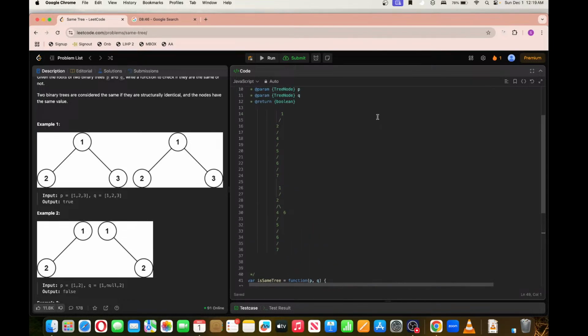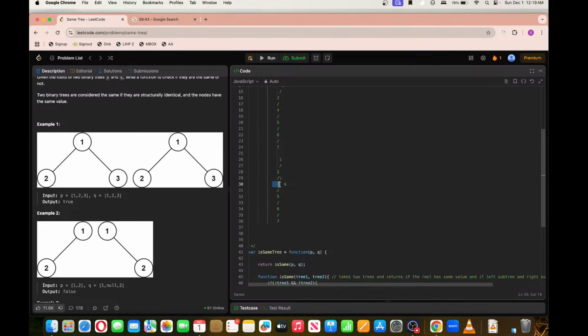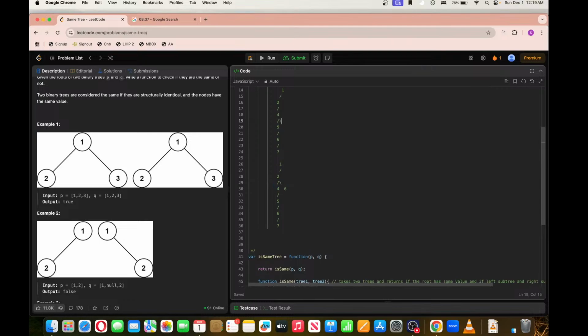And yeah, in this case what happens is this left subtree will return true, but 4's right subtree, this will return null. So in that case,